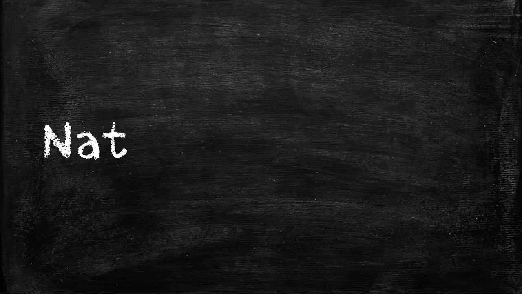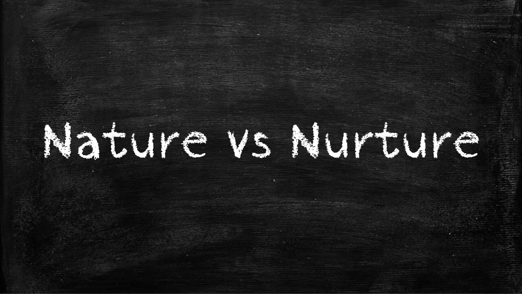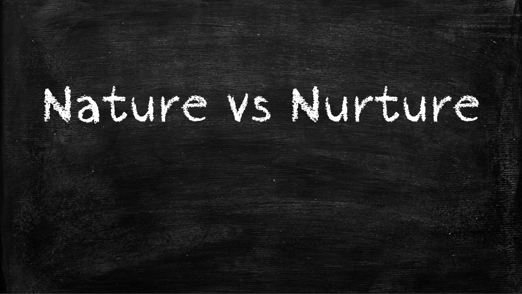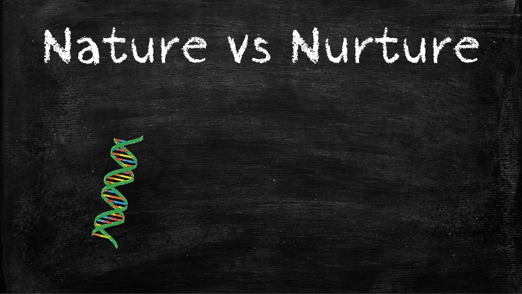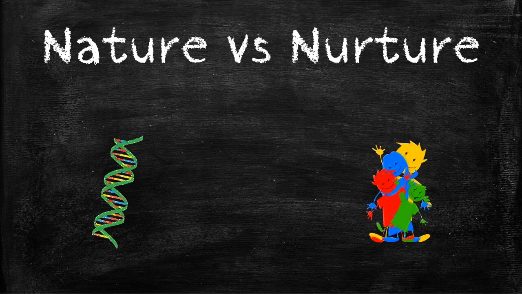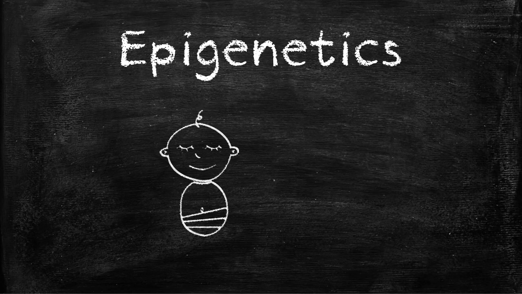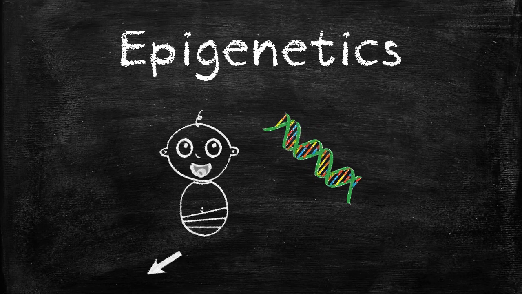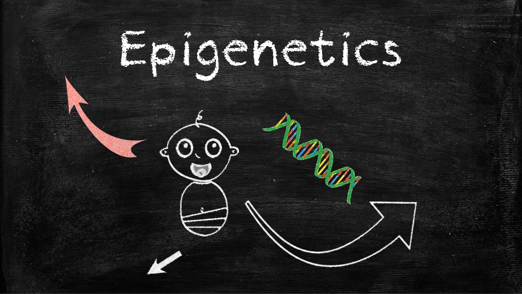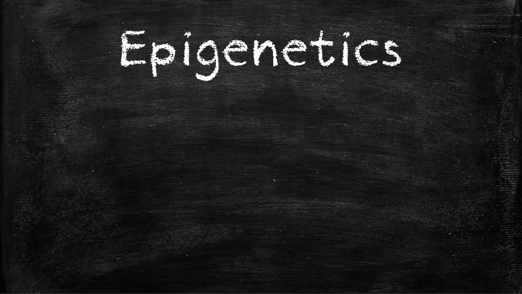You may have heard of the nature versus nurture debate, whether a person's development depends on their genetics, their genes, that's nature, or how they're cared for and what they learn as they're being raised, that's nurture. In reality, nature and nurture intermix in complicated ways. One of those ways is a thing called epigenetics. When we're born, our bodies are genetically capable of going in all sorts of directions, and what happens to us during our development toggles these little switches in our genetics that can send our development in different directions depending on